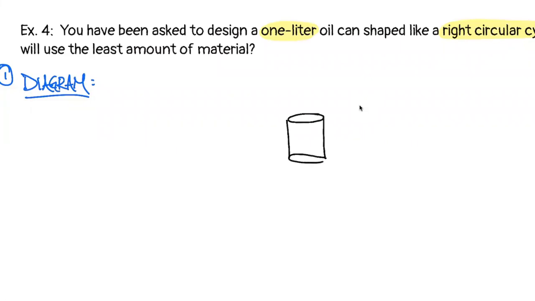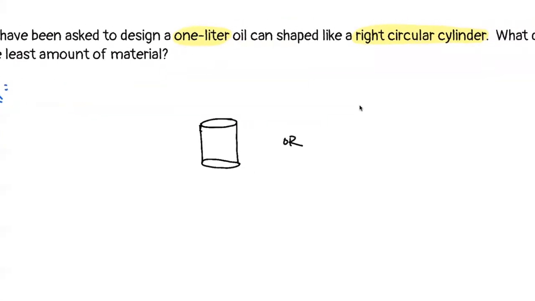Right, that's certainly one way for a can to be, something that looks very familiar. If you're a Campbell's soup drinker, or a can of beans or whatever it might be, that's a regular looking can, right? Now, you could make this very tall and thin. So maybe you think that a straw-like situation might be a better design for the